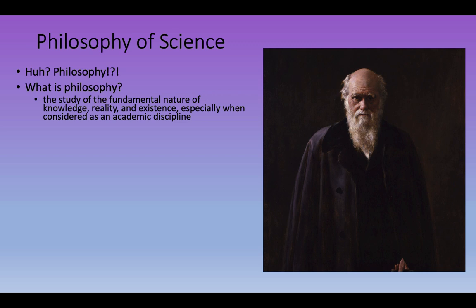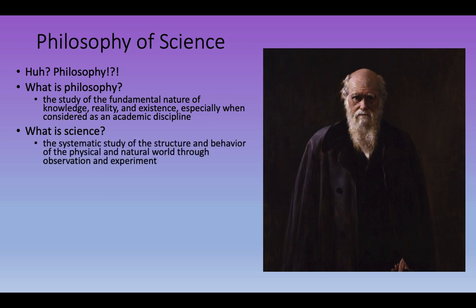And so if we're talking about the philosophy of science, right, we're talking about a specific discipline, we might want to think about, well, what is science, right? Science we could define as the systematic study of the structure and behavior of the physical and natural world through observation and experiment. And what you can kind of see when you start to combine these two things, right, the philosophy of science, thinking about the fundamental nature of science, and then studying its structure and behavior of this natural world, right? We start to get to this idea of the philosophy of science. And what is the philosophy of science? It's going to be the theoretical basis for science.